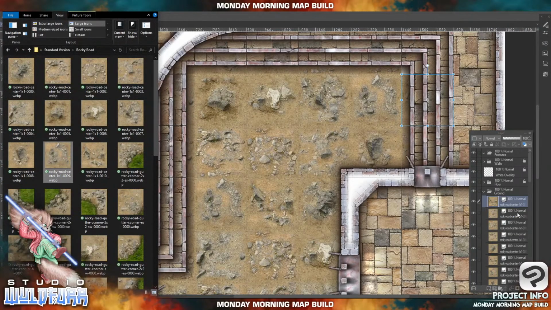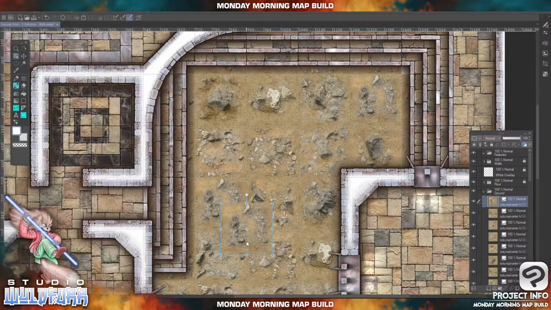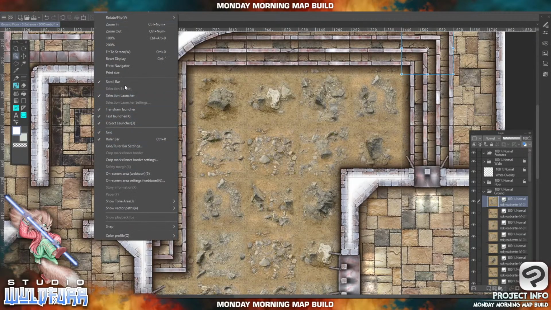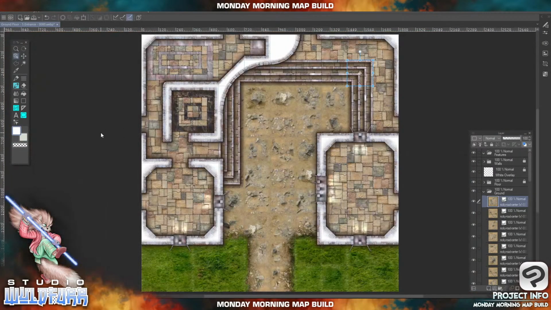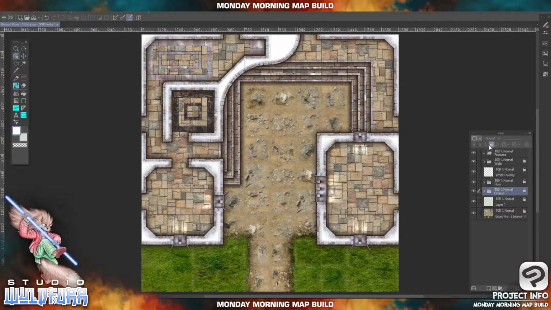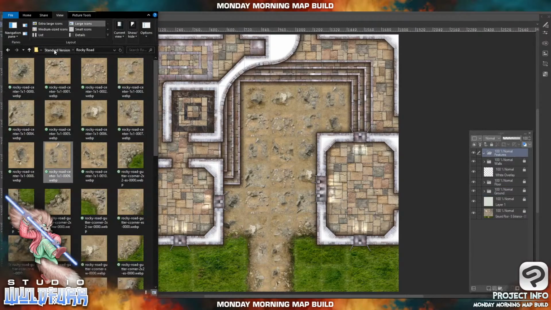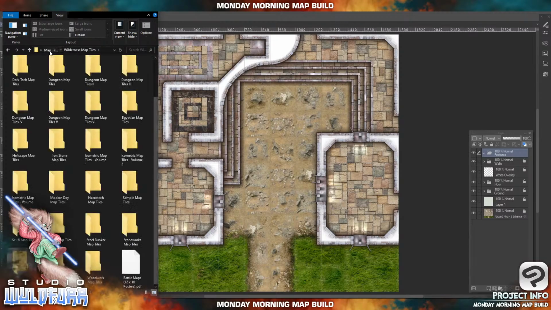And there we are. That's the last piece. There we go. So we zoom out, fit to screen. There we are. So I'll just lock off the ground so I don't edit it anymore. And we'll just put some doors in a few key spots. So I'll put those into my features folder. I'll go back up to